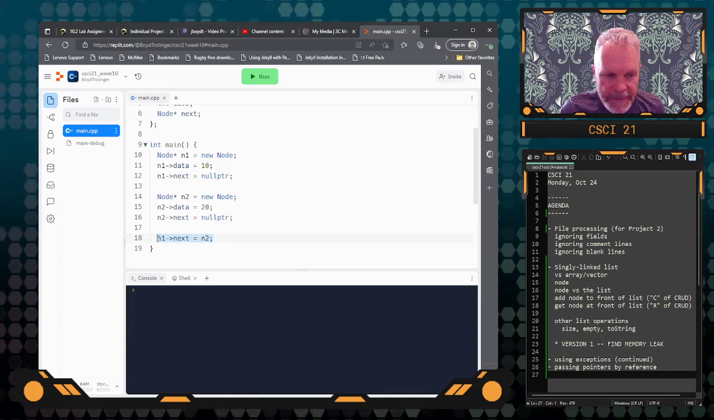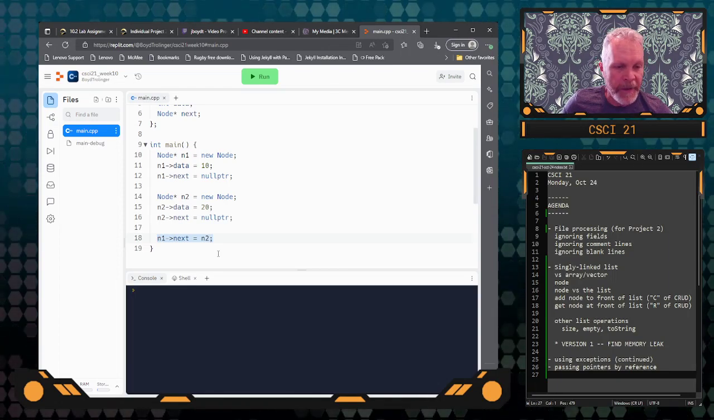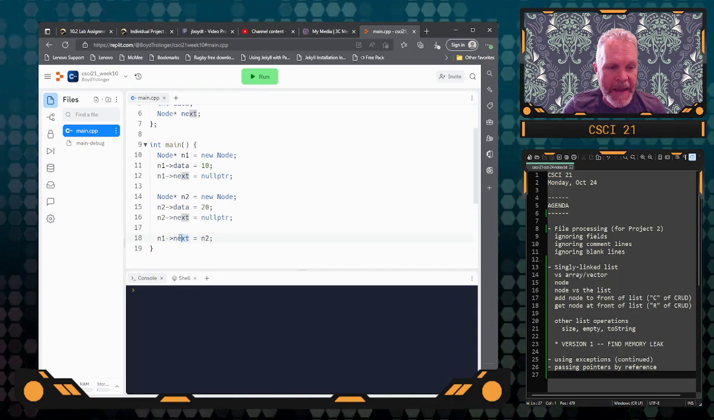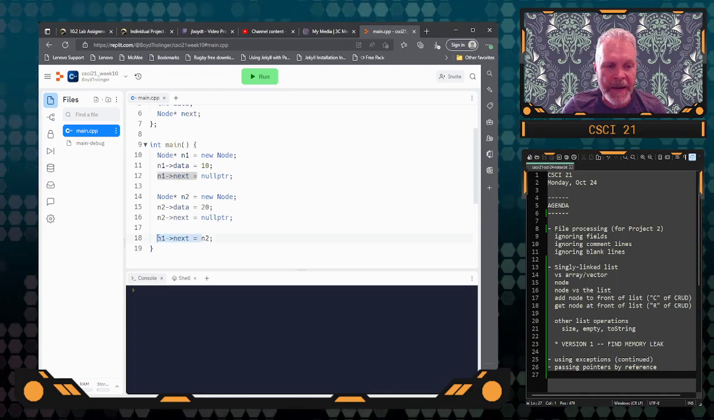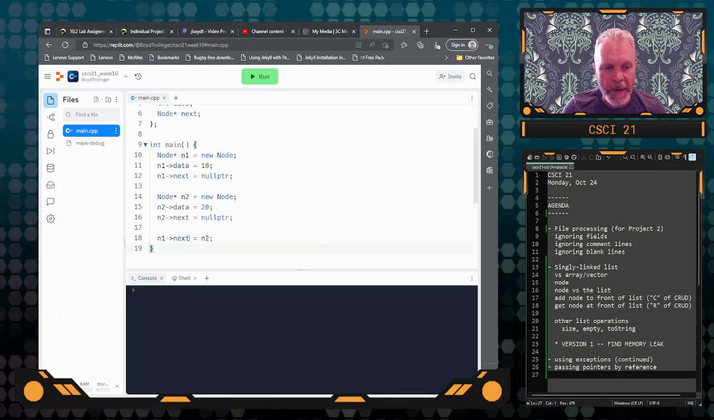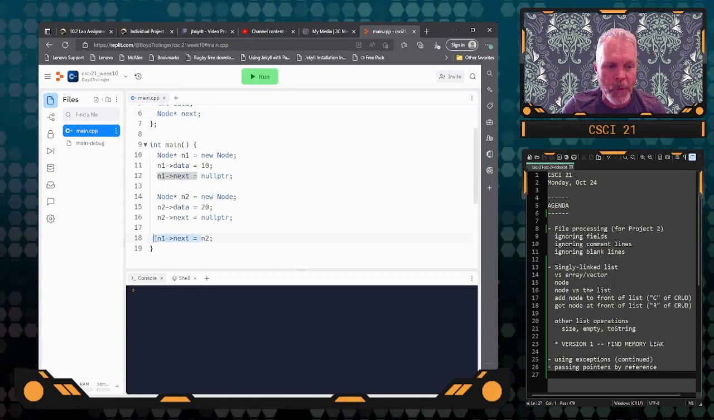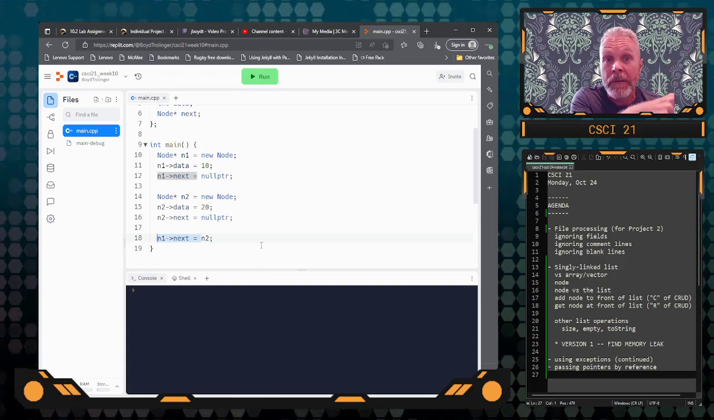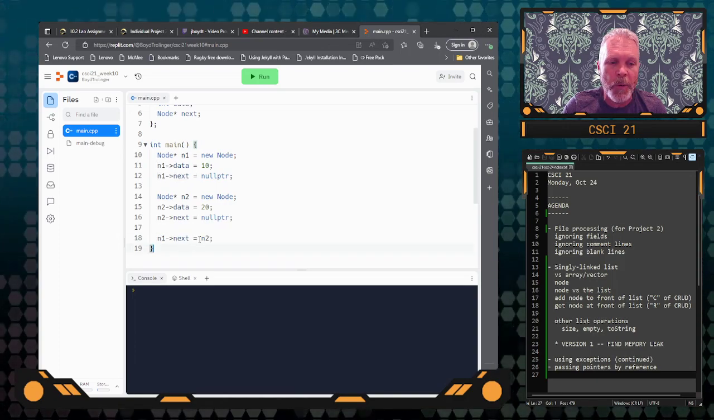Now this is new and novel in terms of reading and understanding the syntax. The way I read this, since next is a pointer, what I'm really saying when I assign a value to something that is a pointer, I know N1's a pointer also, but N1 next is itself a pointer. So when I assign a value to a pointer, the way I read that is N1's next pointer points at. That's how I read that. So what does N1 next point at? It points at N2,